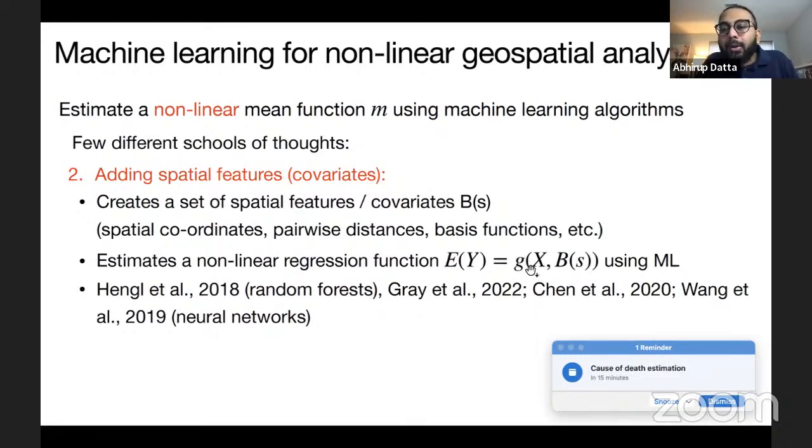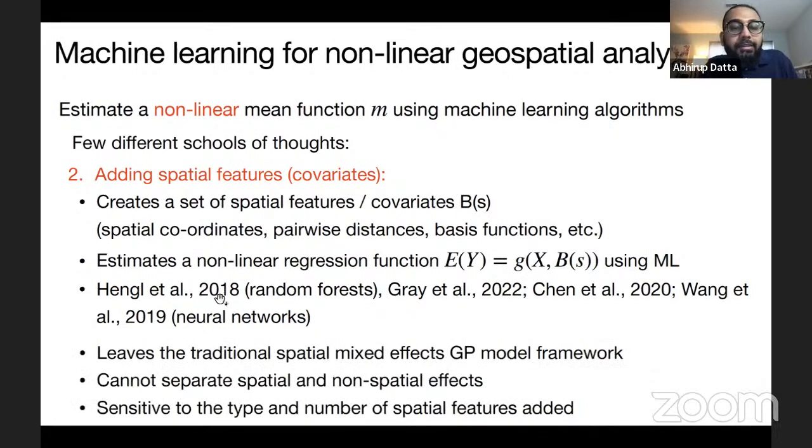So you have your original set of covariates X, and then you create basis functions of your locations, B of S. Now you're not just modeling Y as a function of X, but jointly modeling Y as a function of both X and these spatial basis functions you have created. This has been done both in the context of random forests as well as neural networks.